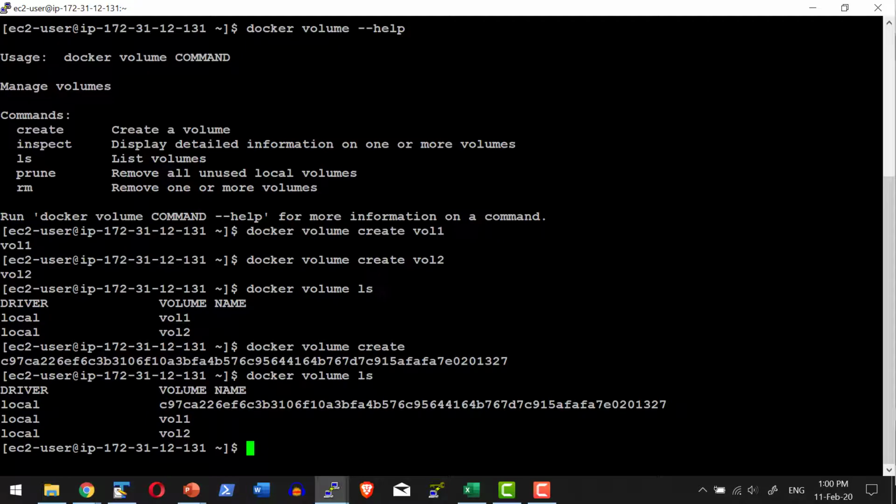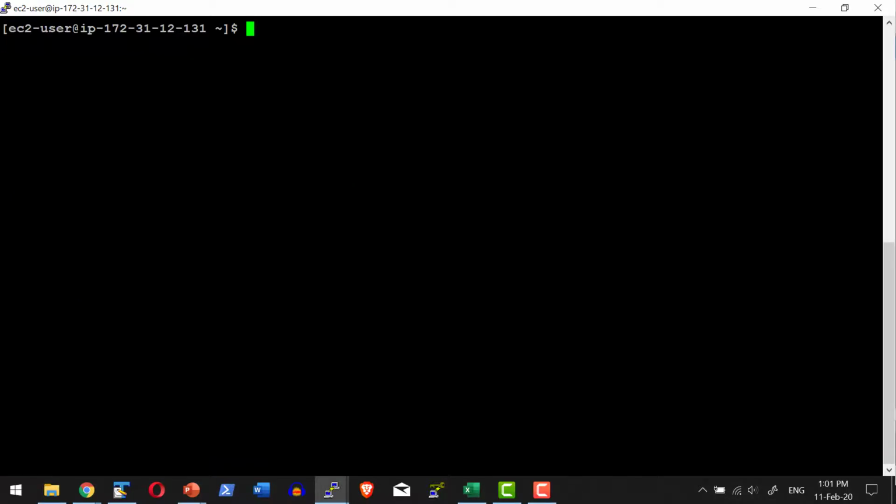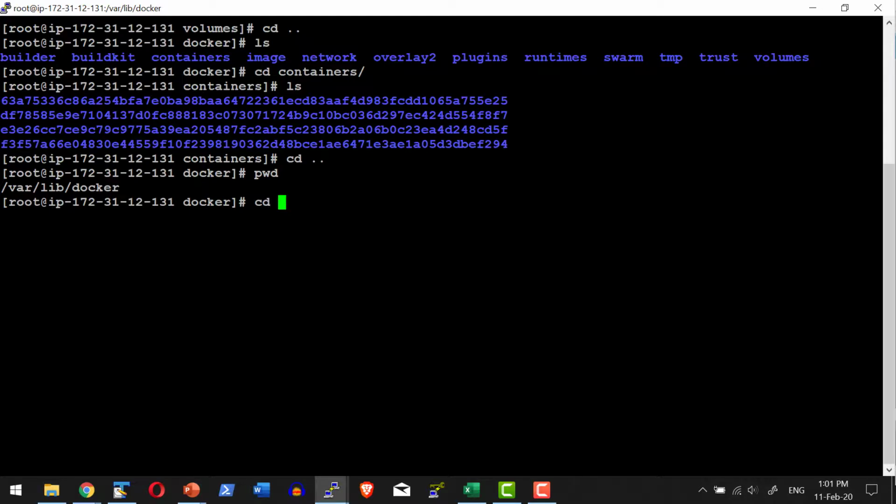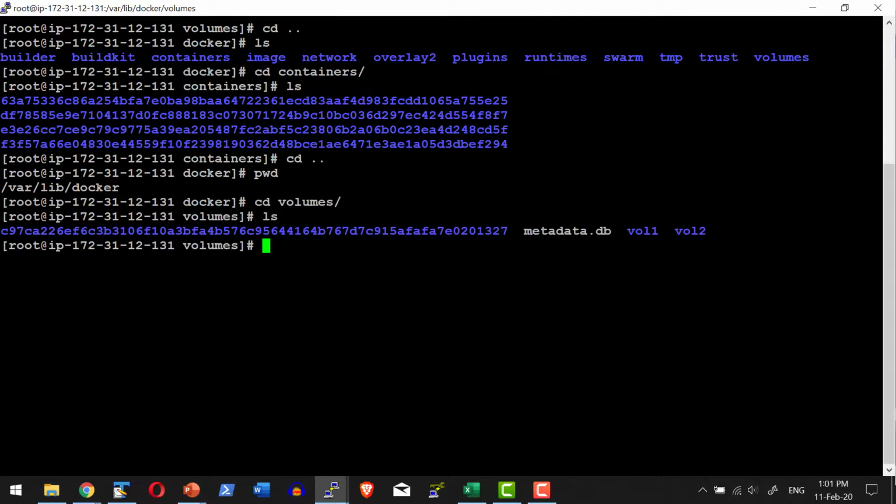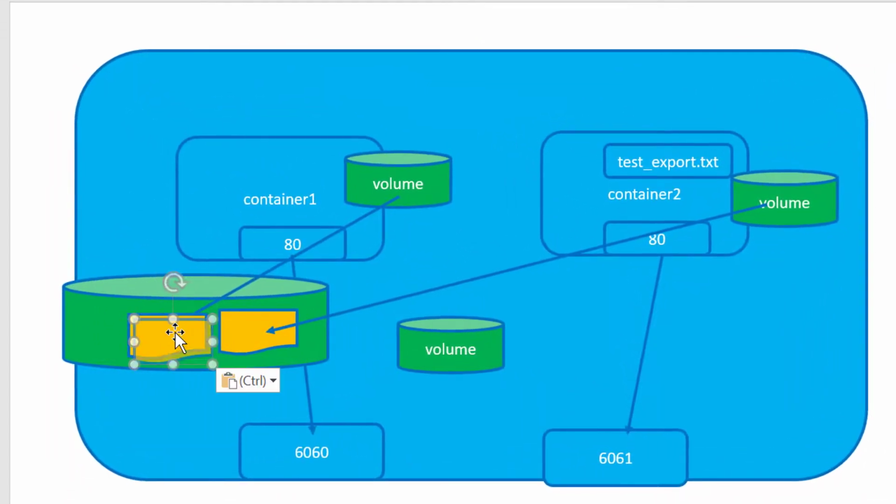There are a number of other drivers available so that I can create the volume against any cloud environment like DigitalOcean or Google Compute Cloud. That's an advanced discussion for volumes. Considering the scope of this discussion, we can use the local driver, which satisfies all the requirements. Now, if I get into the Docker folder location, I have the volumes folder, and within that I have all the volumes that we created. Basically, once the volume is created, it maps to a folder within the host system under volumes.